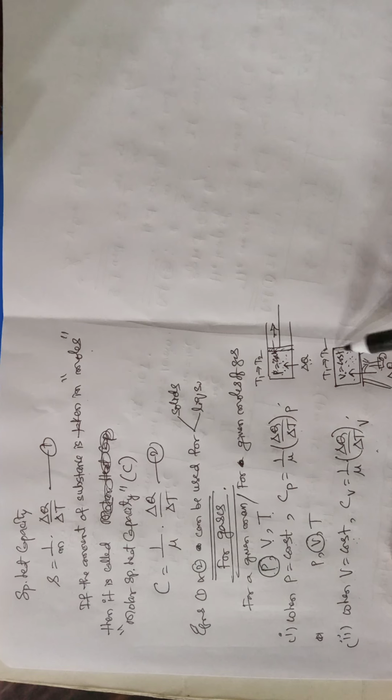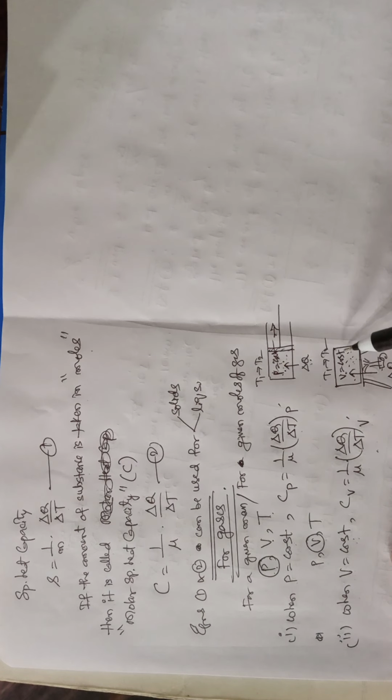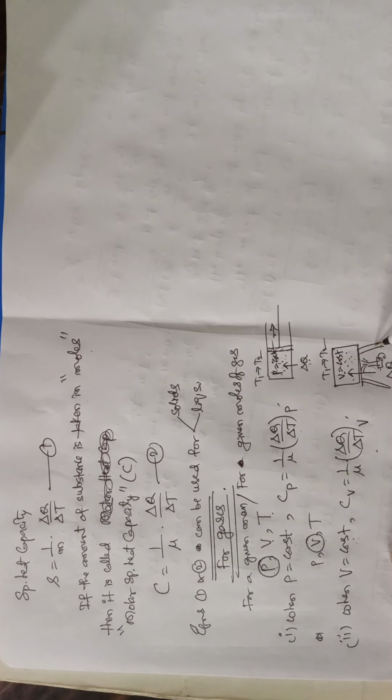with a lid. You are closing it permanently, welding the lid to the container. Inside gas doesn't come out, outside gas doesn't enter, like that. Now you keep it on a stool and heat it with a stove. So the heat energy is supplied to the gas. Absorbing the heat energy, its temperature increases from T1 to T2.